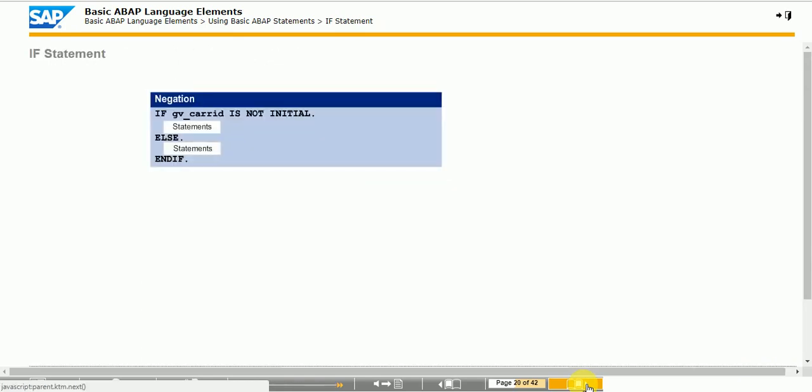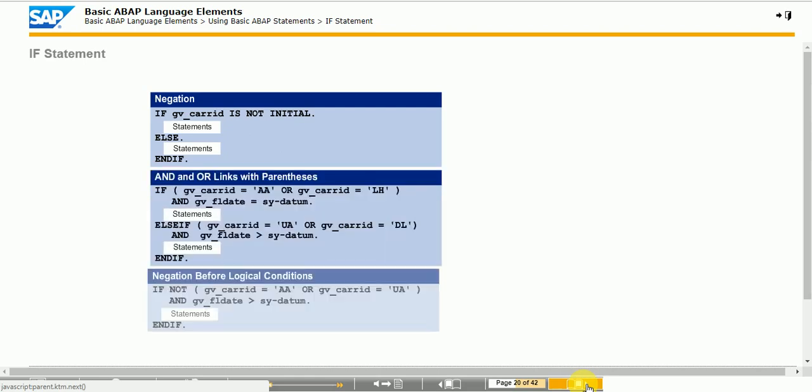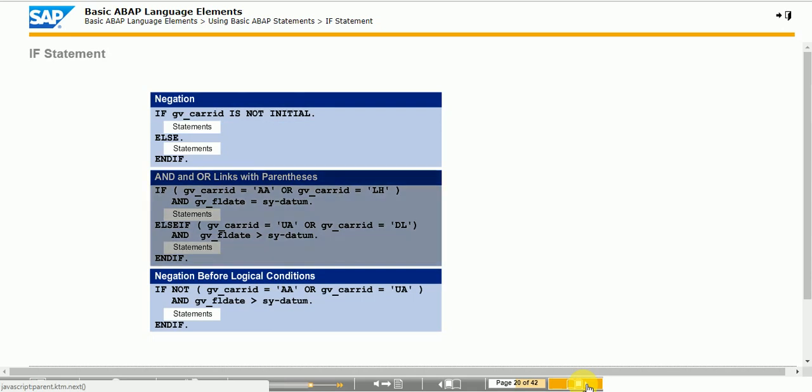The figure shows several simple examples such as negation and all links with parentheses and negation before logical conditions of using the if statement. You can formulate negations by placing the not operator before the logical expression. When negating the is initial query, you can use the special is not initial query. You can nest the if and case structures in any way, but make sure that the logic of every structure is correct here. Every structure must be closed. For example,